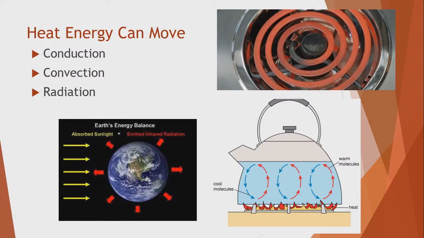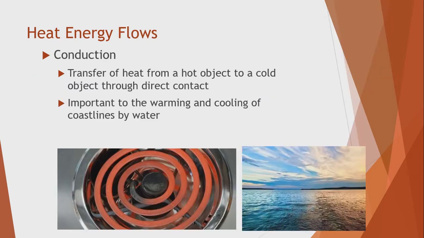Once it becomes heat, that doesn't necessarily mean it's the end of the story, because heat in and of itself has really important characteristics to it. And we actually say that heat, if you have enough of it, can actually move. And we say there are three ways that it can move in the world: conduction, convection, and radiation. Conduction is going to be our simplest way, and we'll just tackle these one at a time here. Heat energy flows. Conduction is a pretty simple idea.